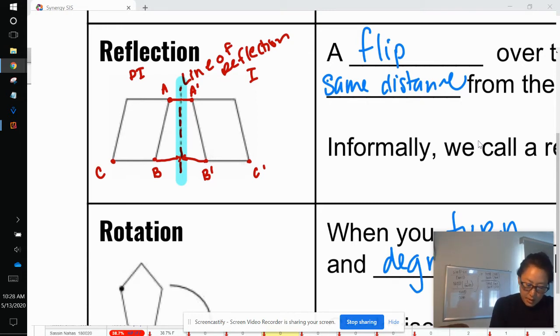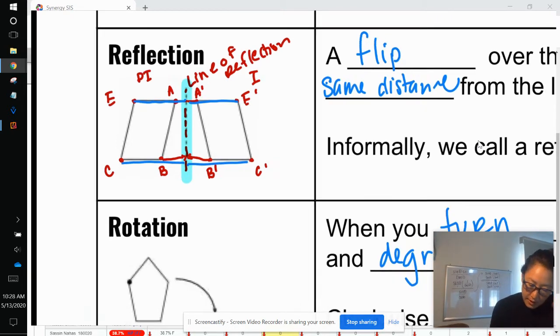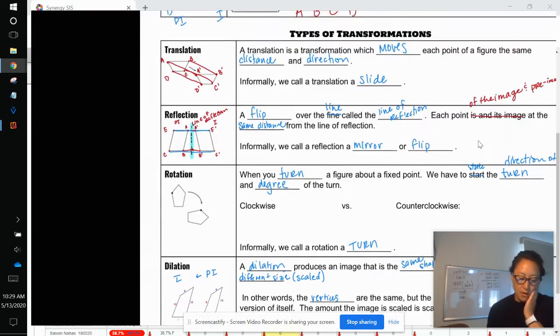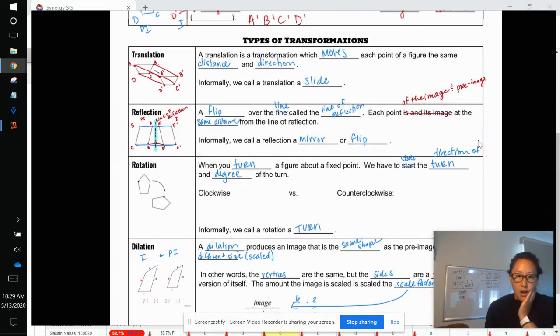Okay, C and C prime. So each of these points is equidistant from the line of reflection. Lastly, let's call this E for funsies, and E prime. E is the same distance to the line of reflection as E prime. I don't know if we said this already, but we sometimes call a reflection a mirror or a flip. A rotation